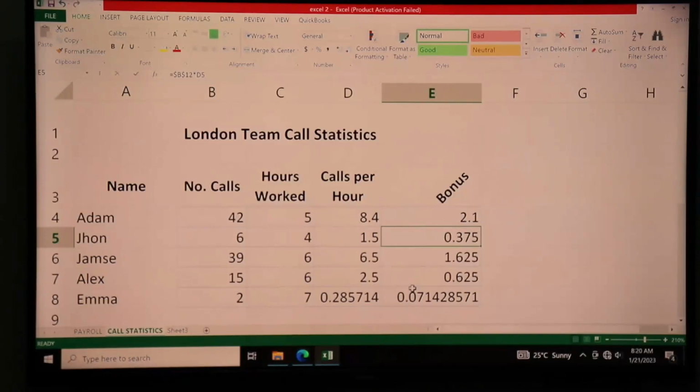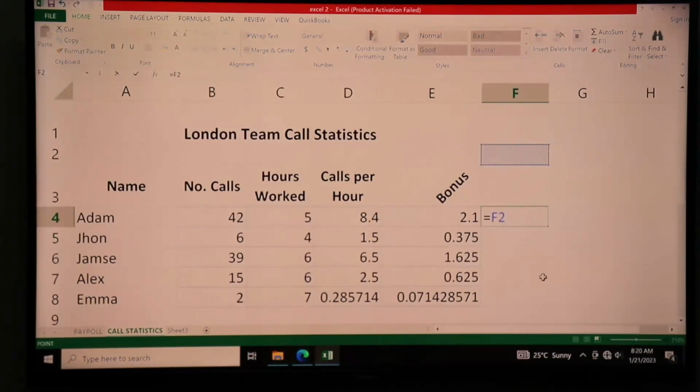I think that one is clear. So that is, you type. The other way of getting the dollar sign, we said that when you type, you start with an equal sign and you click on any cell and you want to have that cell absolute, then you can press F4 on the keyboard. That one applies the dollar sign at the same time.